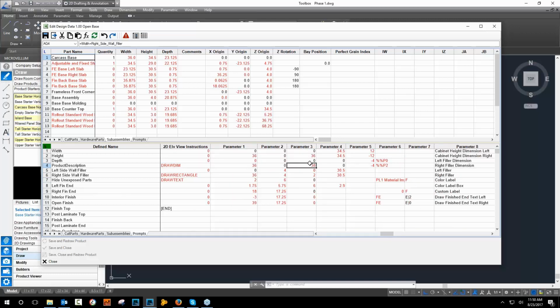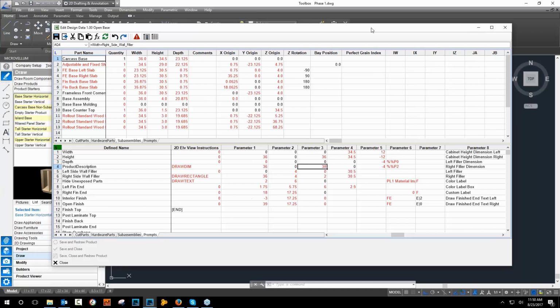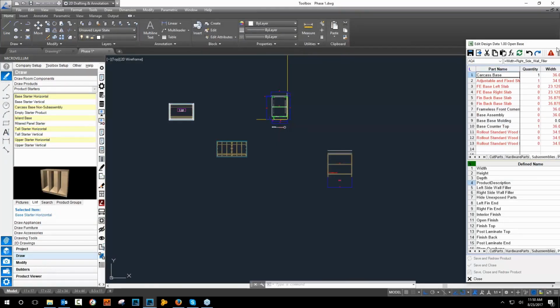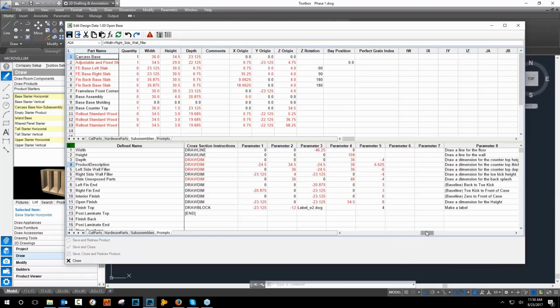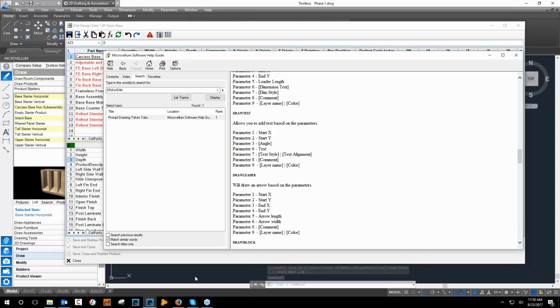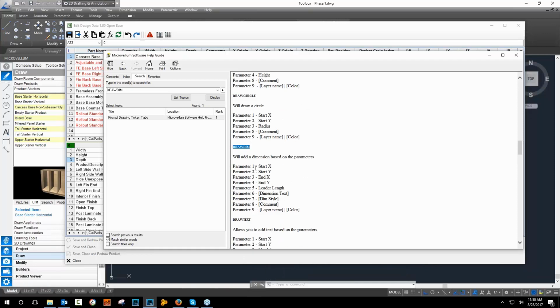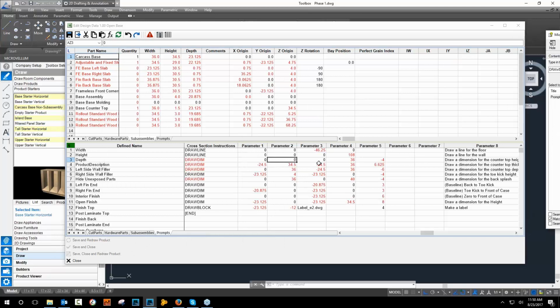Yeah, I would say if the dimension is not appearing where you want it to, so it's looking at that section, draw dim, like the dimension for the countertop height, all right? So parameter 1 and 2 are 0. Draw dim, what do we have here? So start X, start Y. Those are both 0. Then 3 and 4 is